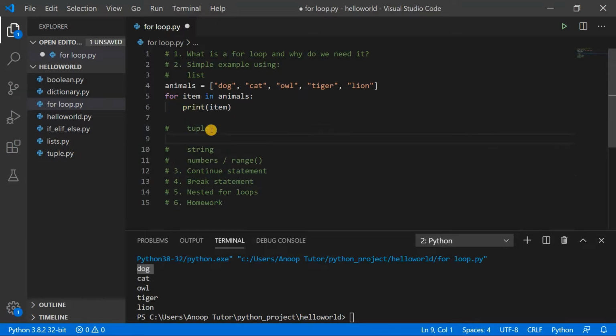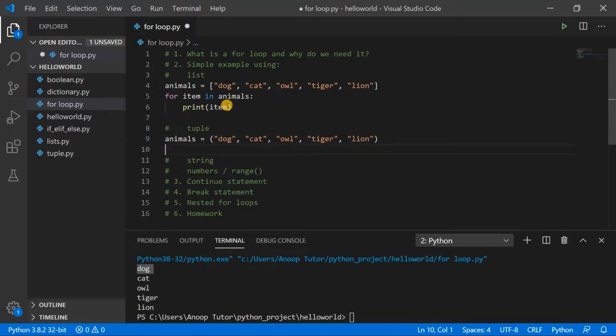Now let's see another example using a tuple. Before showing an example, I have to first create a tuple. We will use the same example, but this time we create a tuple instead of a list. So animals, followed by the syntax for a tuple, which is the normal brackets, followed by all these values here. Okay, so we now have a tuple called animals, and I will comment out this first line and copy this from here